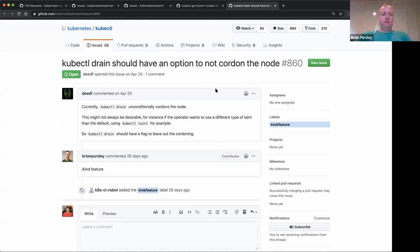So a while back, I went through and tried to organize things a little bit, but I don't know if that was the right thing to do or not. Like if I put kind/feature, am I sort of implying that we've agreed that it's something we're going to work on? Because I wasn't trying to imply that. I don't know what the right thing to do is. No, it clearly marks something as a request to be added, not as, yeah, we agree, we're going to do it. So no, I think that's perfect. It's almost the opposite. Was that implying that we are, Phil? Yeah. Yeah, so I kind of decided I probably shouldn't tag things like that, but I don't know. I don't want to give the wrong